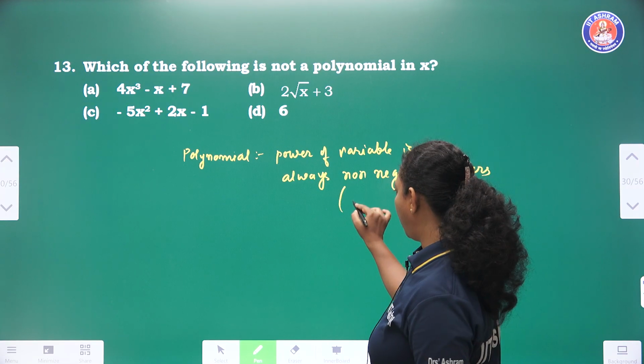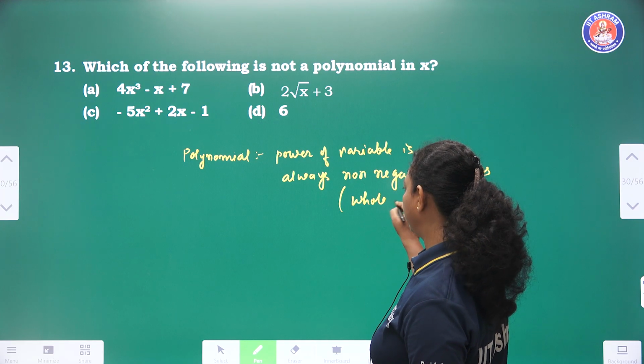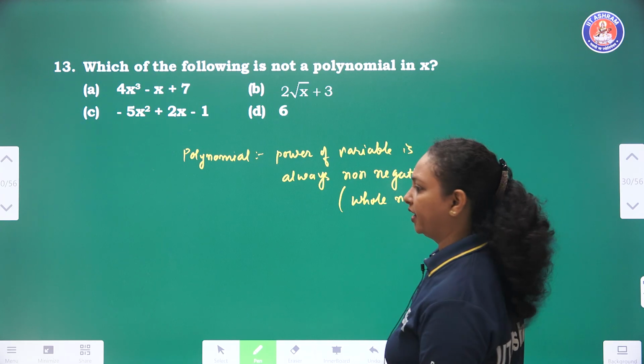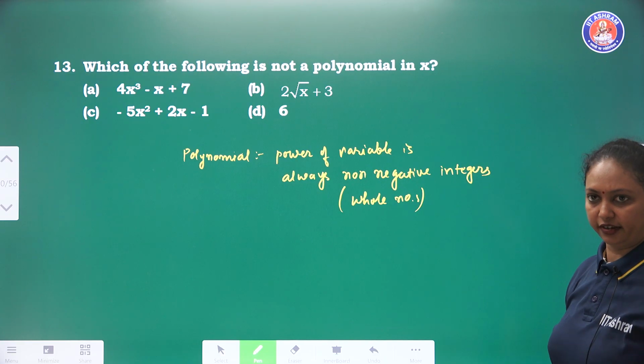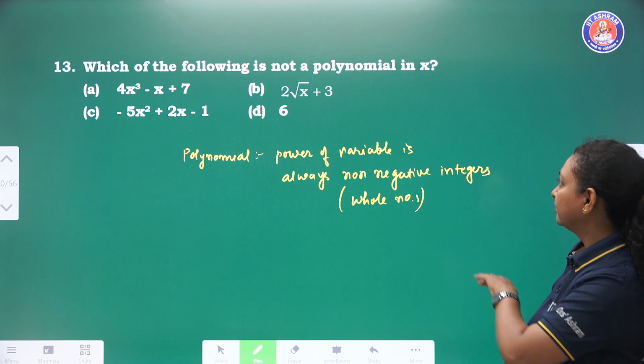It means that power is what? Whole numbers. It can be 0, 1, 2, 3, 4 till infinite, but no power is negative and no power